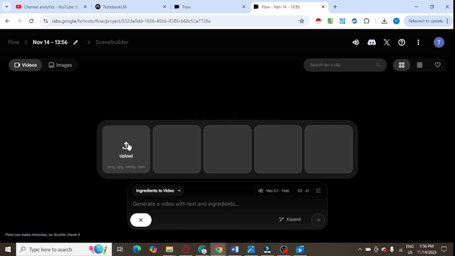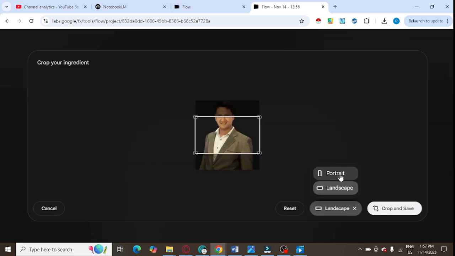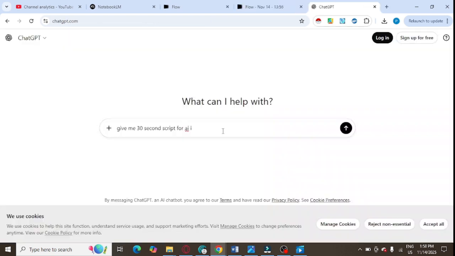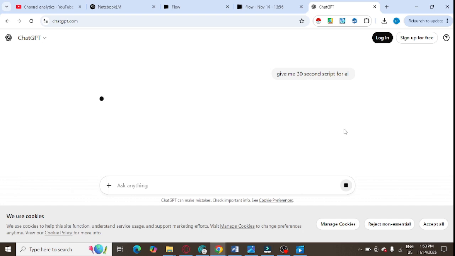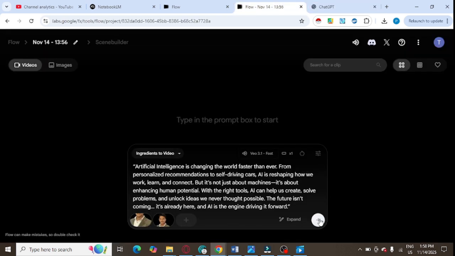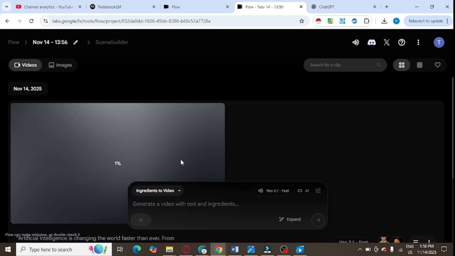of them. Add an image. You can upload the image from here. Choose landscape or portrait. Click on copy and save. Here you can simply copy paste your script. So I am getting the script from ChatGPT. You can use any other AI chatbot. So I'm getting a 30-second script. Copy and paste the script here and click on this create option, and it will create a video for you